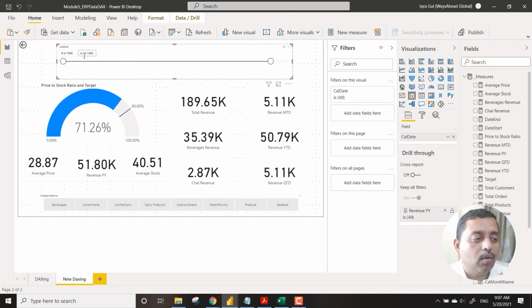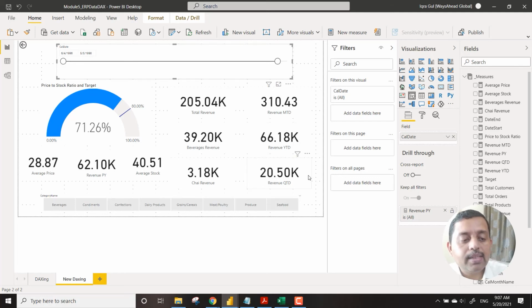We are in April right now. So April 1998, 10th of April. So when you say April, your MTD and QTD, because January, February, March and April, May, June come in one quarter, so that's why QTD and MTD are the same over here. But then the moment you go to May month, so instead of April, you take it to May month, and then see what happens. It says that the MTD is just only $310, or whatever denominations or units you talk about. So this is MTD of what? It is MTD of May month.